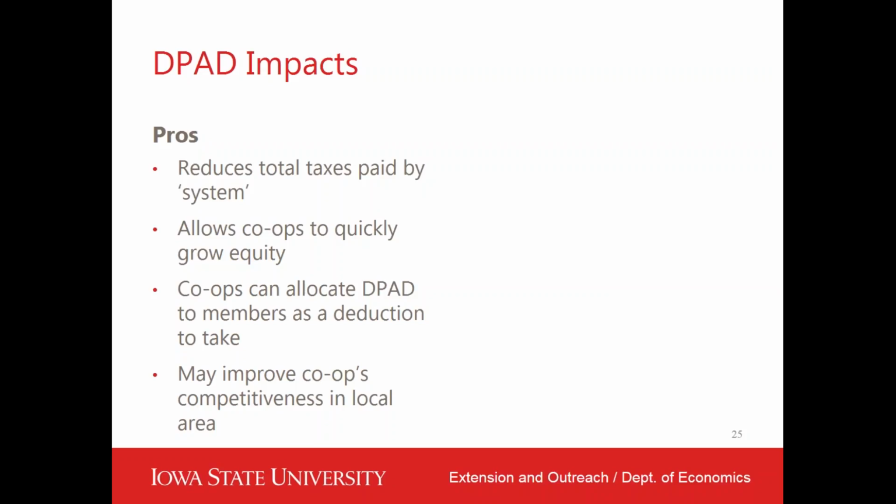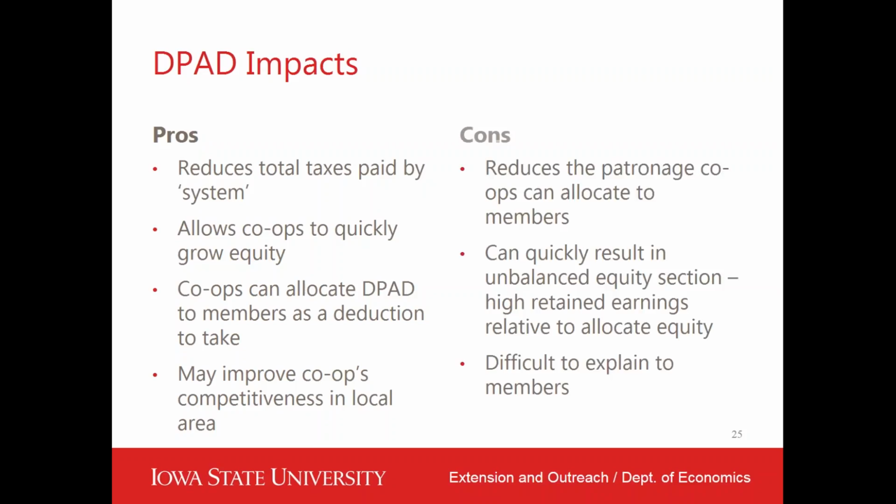Another benefit is they can allocate DPAD to its members as a deduction to take. That's one line that I didn't show. But if the co-op couldn't use all of that domestic production activities deduction in the year, or if they chose not to, that can be allocated through to the membership. So the membership can take that as a deduction on their taxes. Finally, another benefit of this, and there may be more, is that it improves the co-op's competitiveness in the local area. I think I've said that, but this is definitely a leg up that cooperative firms have that non-cooperatives wouldn't necessarily have access to. The drawbacks of this, and I think these are some things we hear members talking about,